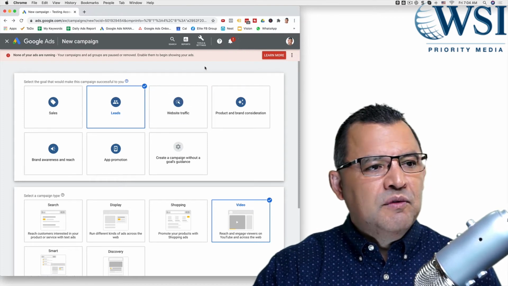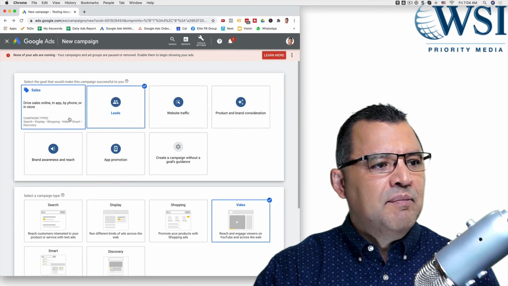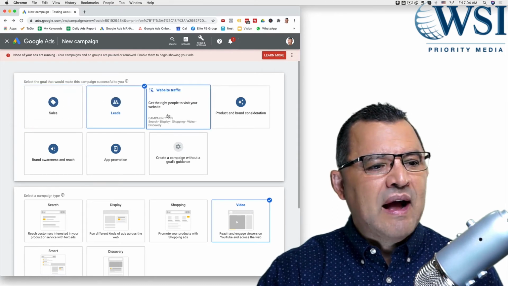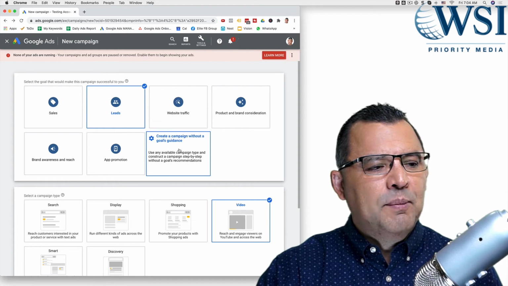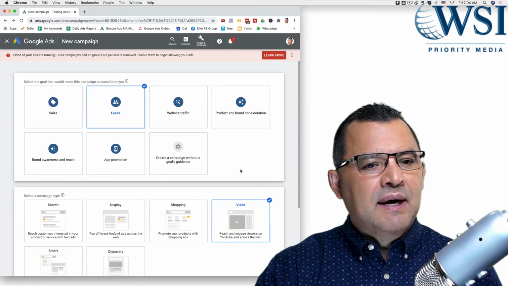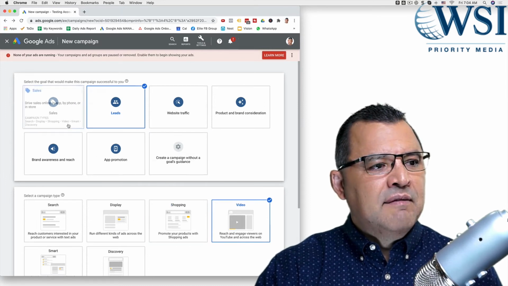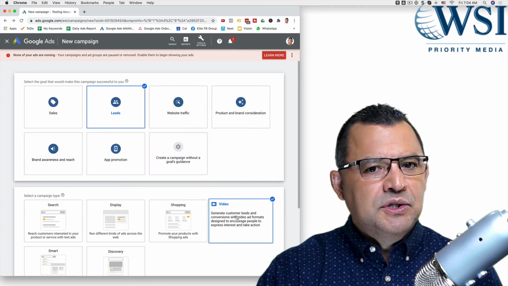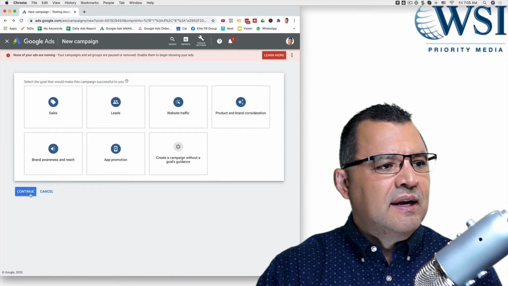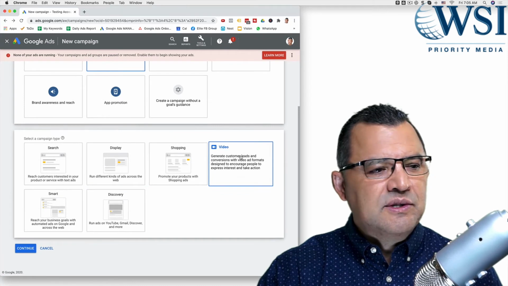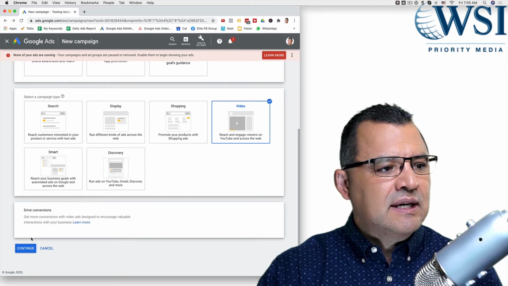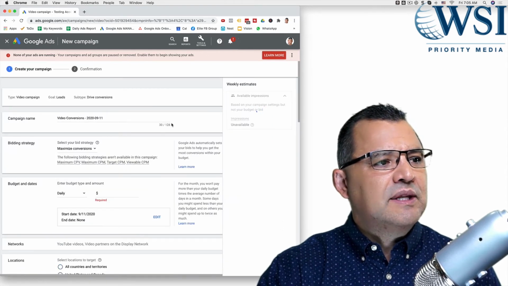When you're setting up TrueView YouTube ads for conversion here, you have 3 different goals that you're able to use: sales, leads, or web traffic. I usually will run an open-ended setup right here and then go to whatever campaign type I want. But on TrueView InStream ads, I find that it doesn't allow me to choose what I need, so I'll choose one of these. Let's say we want to go with leads, and then we'll click on here, and obviously you're going to use video for your next one. It will show here as drive conversions, obviously the objective, and it's going to take you into the setup page.